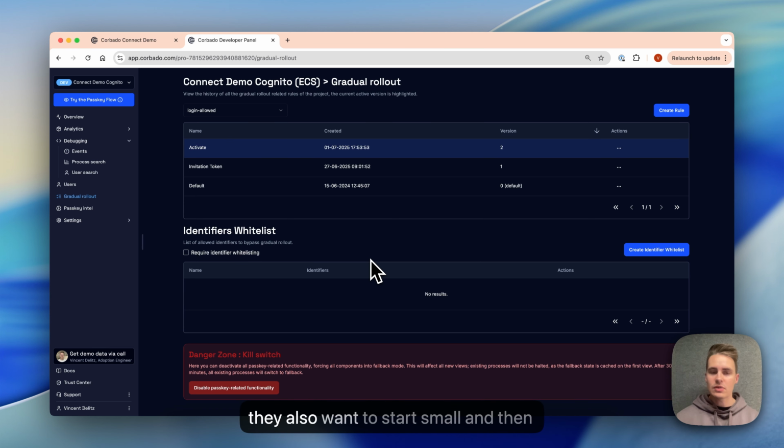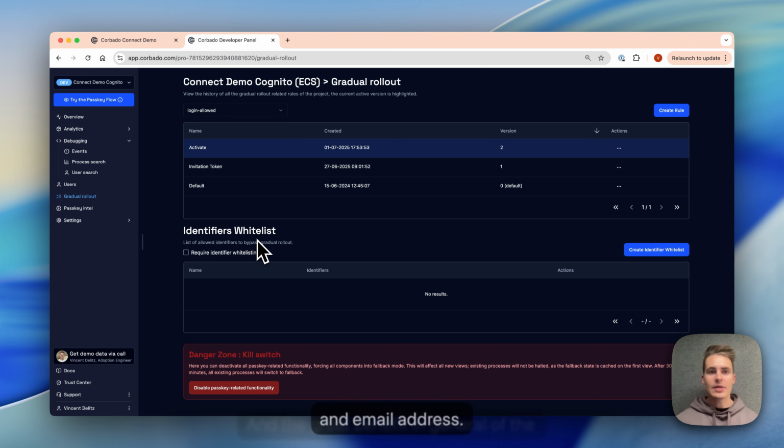On top of it, you can specify certain identifiers which are always over these rules. So if you're someone who should be granted access, then you can whitelist this person by providing the username and email address. And the great benefit in general of the gradual rollout feature is that you avoid the big bang